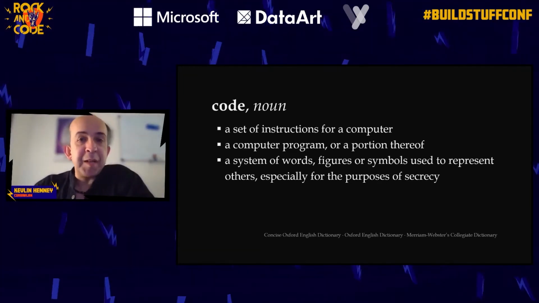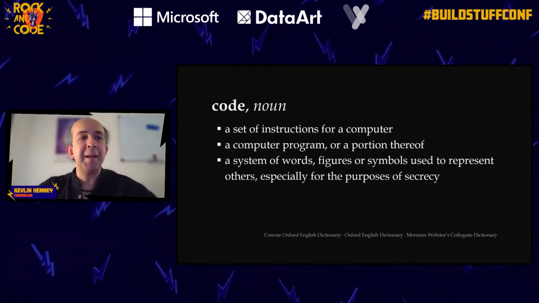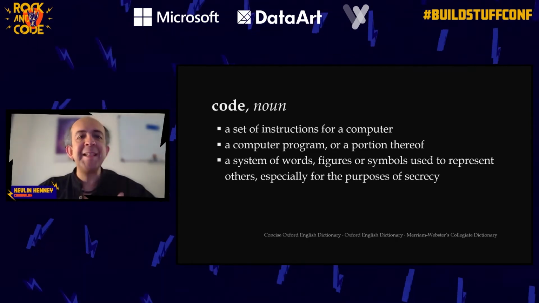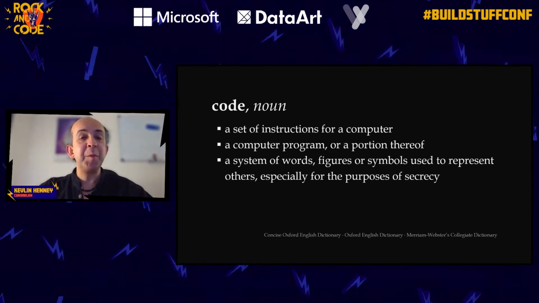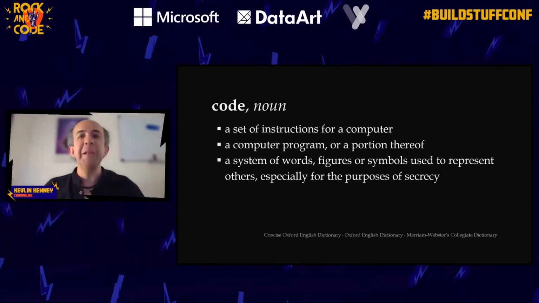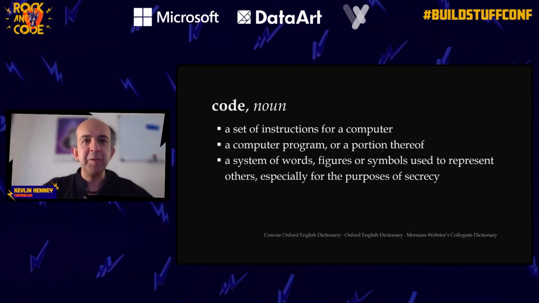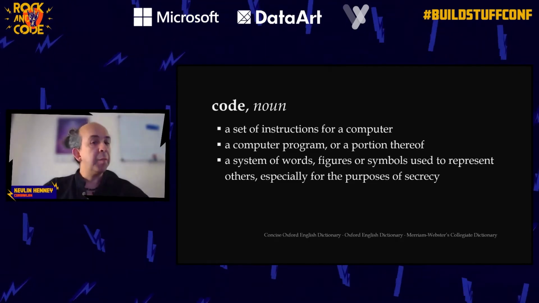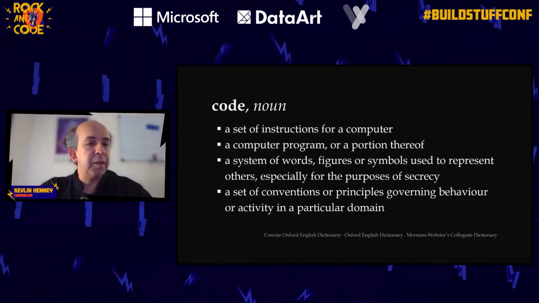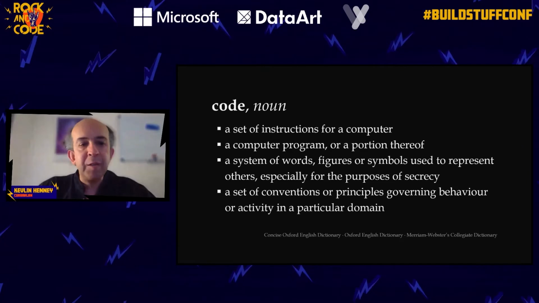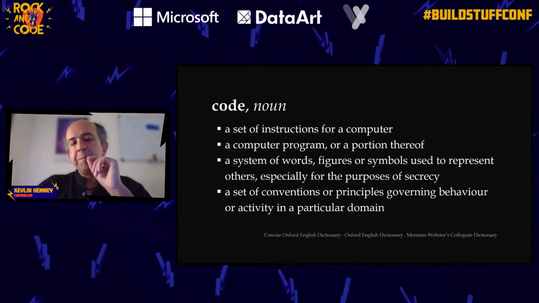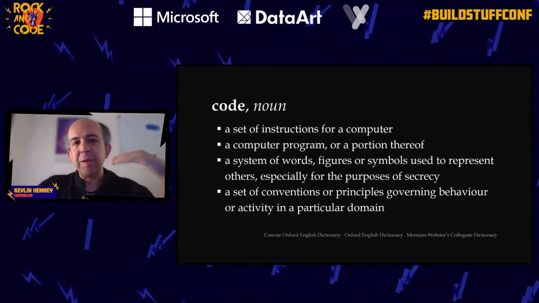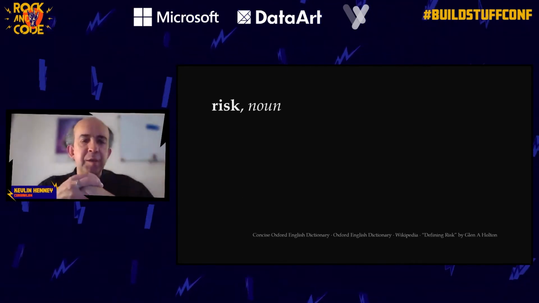And we find this with technical debt. We find this indebtedness, we find this challenge sometimes, that when we look at our code, it seems to be written in code. It is difficult to decrypt. And then we have another set of ideas, the idea of a set of conventions, like a code of practice. But this talk title is Code as Risk. So let's talk about the risk side of things.